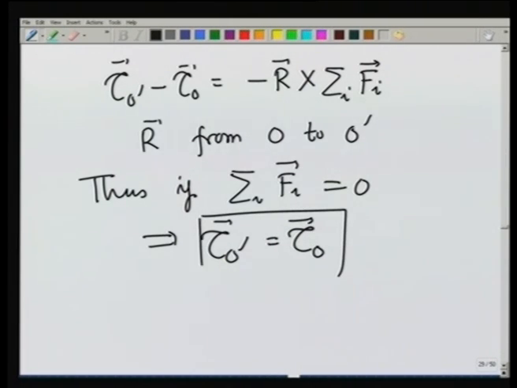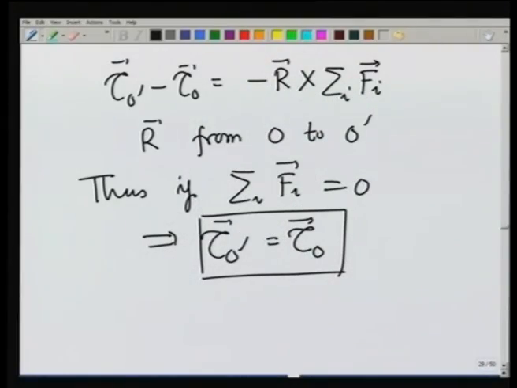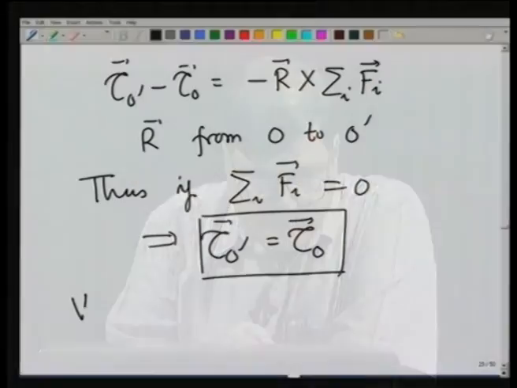The torque becomes independent of the origin because I took O and O prime arbitrarily. This is what I promised you earlier. I will show that if the total force on a system is 0, then the torque is independent of the origin. No matter about which point I take the torque, it will always come out to be the same. A very special case of this